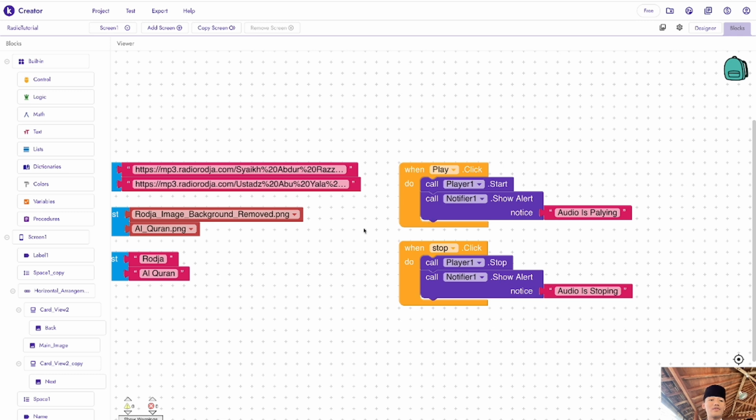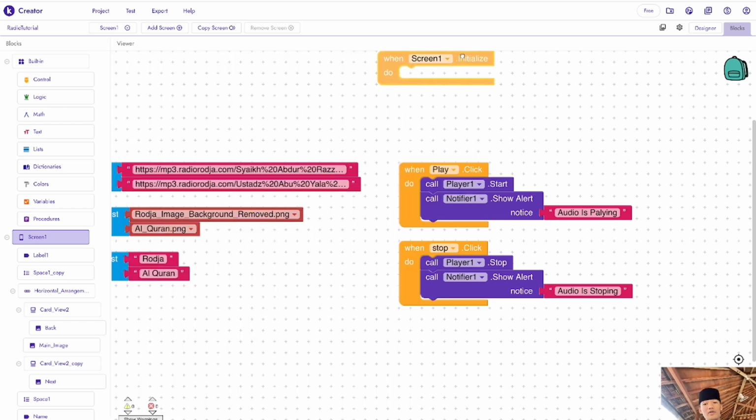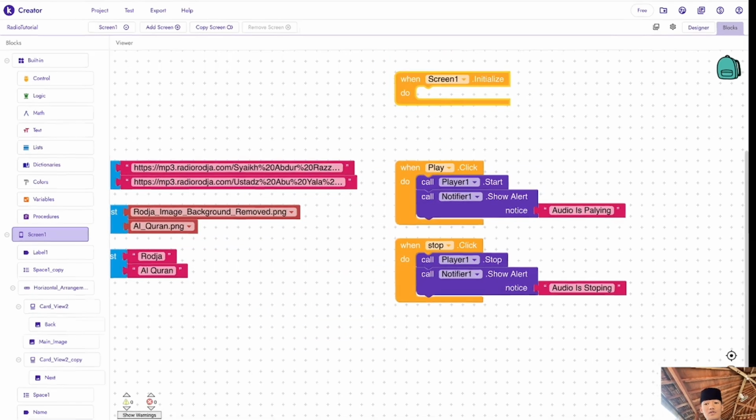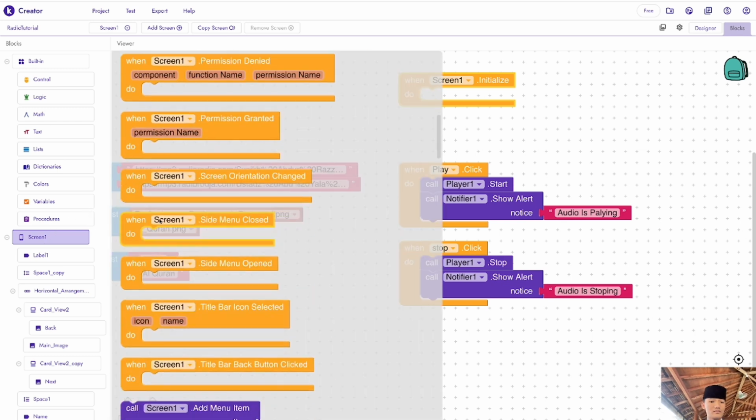And next, we're going to go to screen 1. Then we're going to put when screen 1 initialize here, do. So when screen 1 is initialized, then we'll do project clear or not?